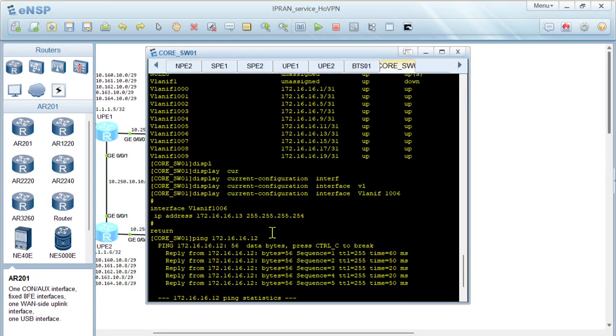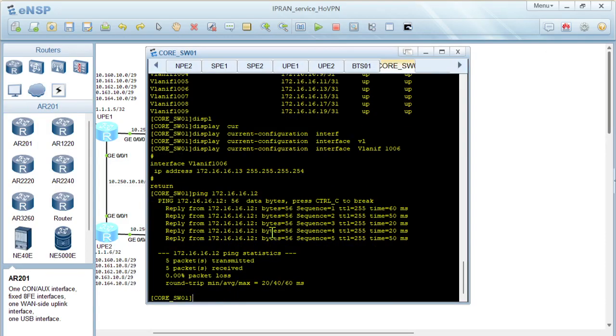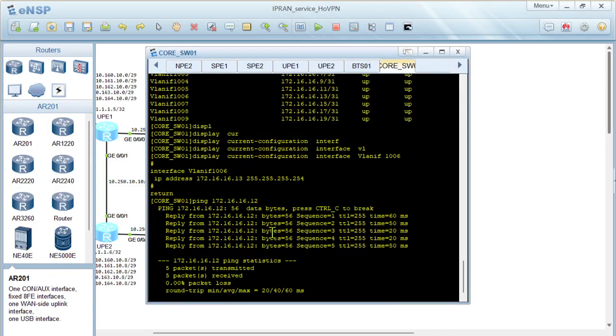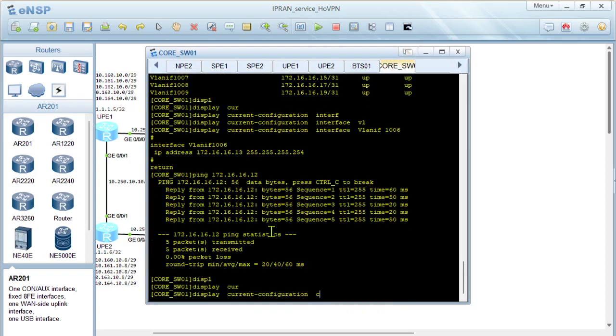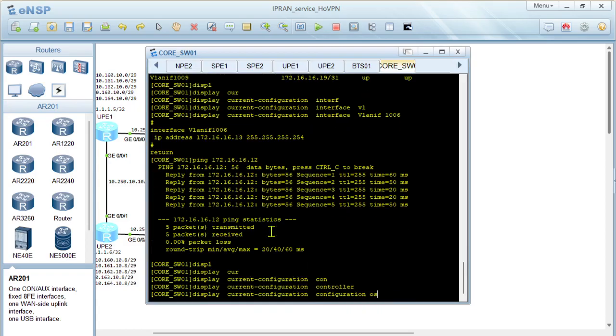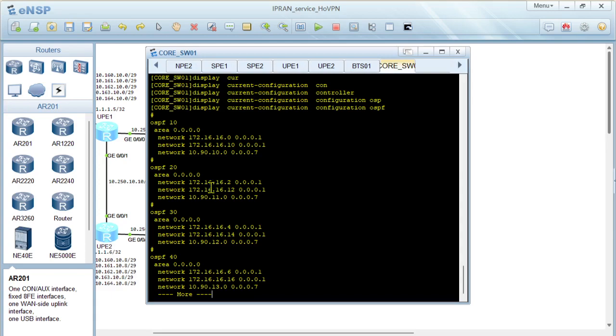Hold on there. It's 13. Can you show the configuration? That's the VLAN, it is 13. Can you show the current configuration, the OSPF config for 20? For 20, okay. Display current configuration, OSPF. We have OSPF 20 here. We've propagated